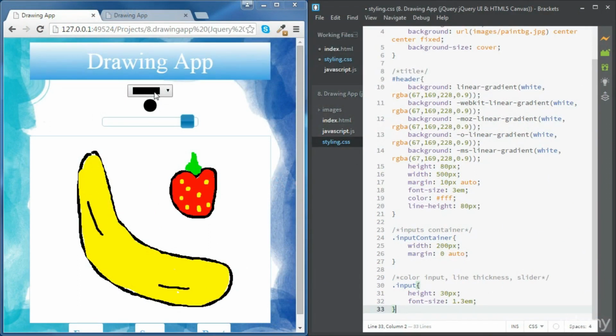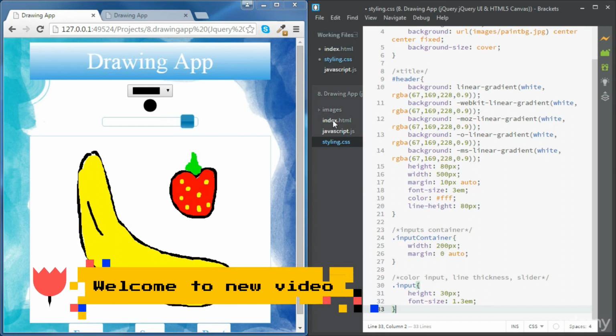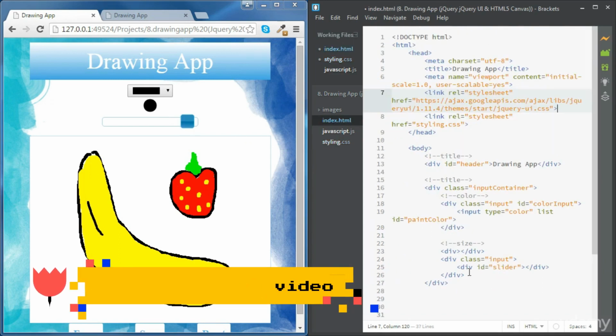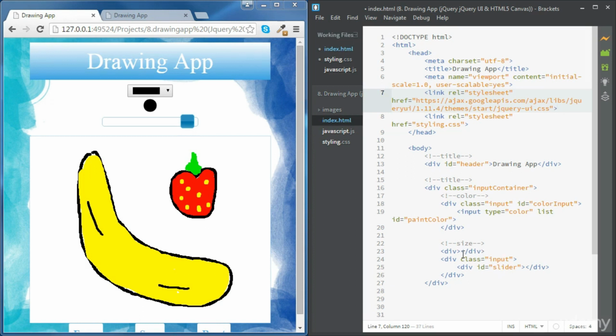Now we are going to create our circle. As we did with the other inputs, we are going to place the circle inside a div of class input. Also, let's give this div an ID, thickness input. To create the circle inside, we're going to create a div. Let's give it an ID circle. And now we are going to style this div